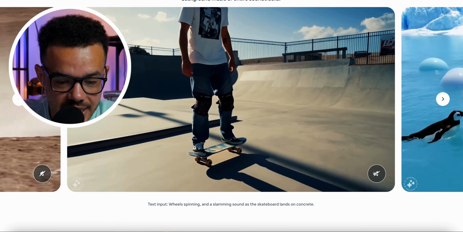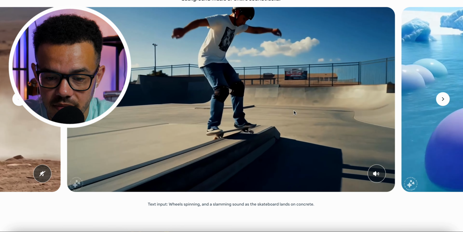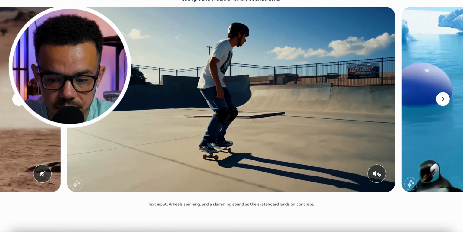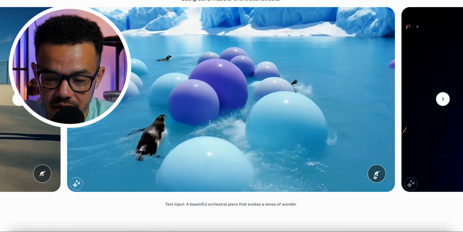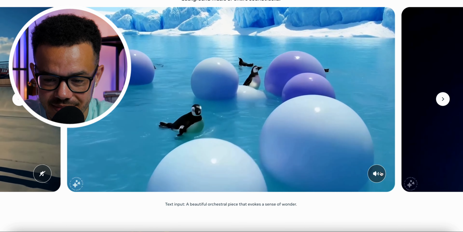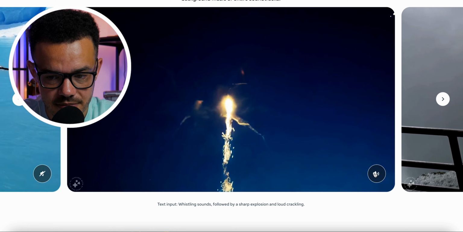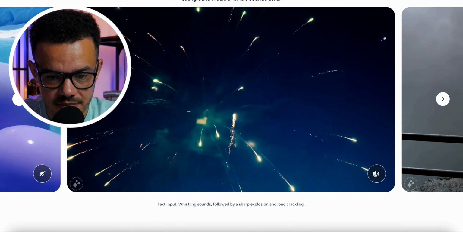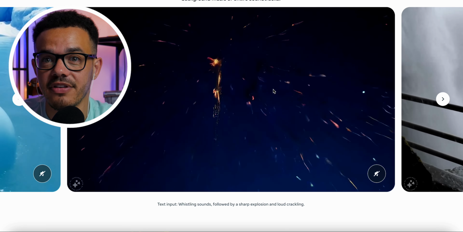Impressive. And again, what have we got here? Skateboard. I have to say that's probably my favorite one in terms of sound. I was very impressed with the timing of it as well. Then we have this one here with fireworks. Yeah, they're impressive. I have to say that sort of stuff is very impressive with the sound, with the consistency